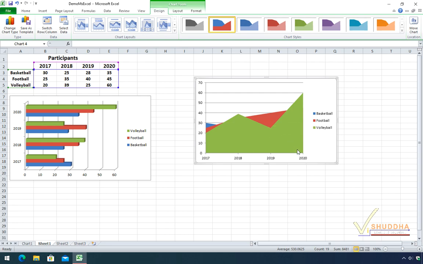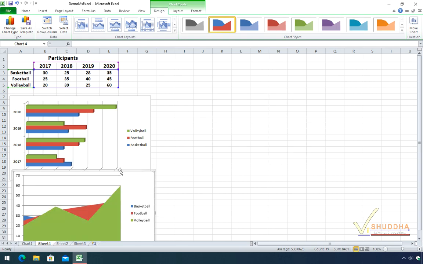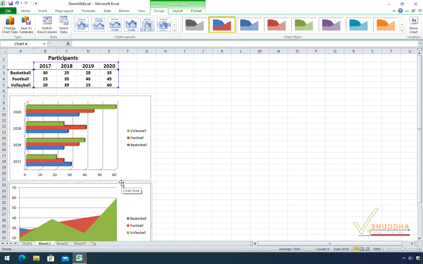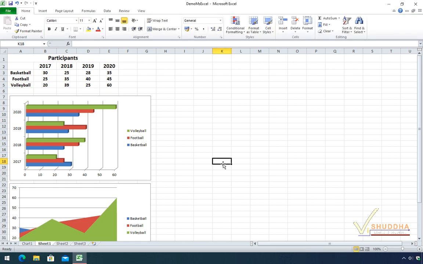And similarly, in the year 2020, again we have maximum participation in volleyball, so it is showing the maximum height of the shaded area. If you want, you can still change the layout of the chart and you can choose different chart styles. It's all your choice of colors and different patterns. Again, let's keep it at a side. You can click anywhere outside the chart in order to deselect it.